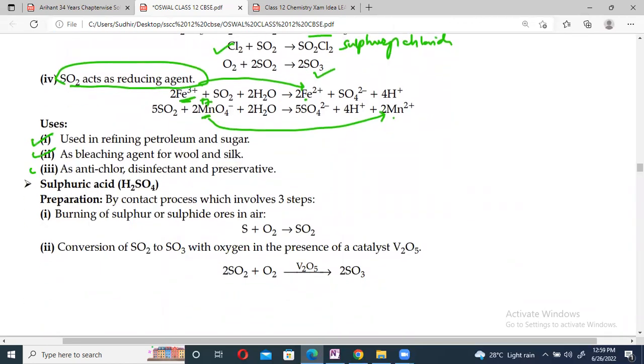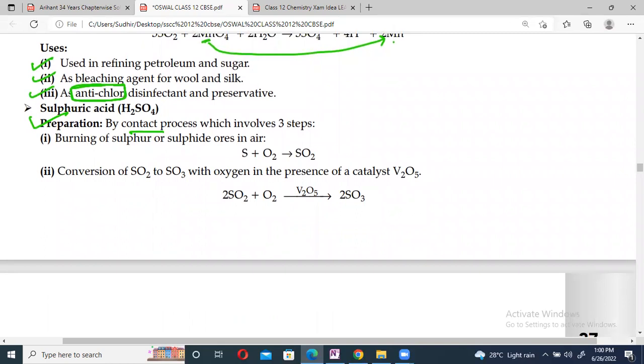Used in refining, bleaching, and as an anti-chlor agent to remove the excess of chlorine from the cloth. Anti-chlor means to remove the excess of chlorine from the textile or the cloth which is manufactured in textile industries. Then sulfuric acid,